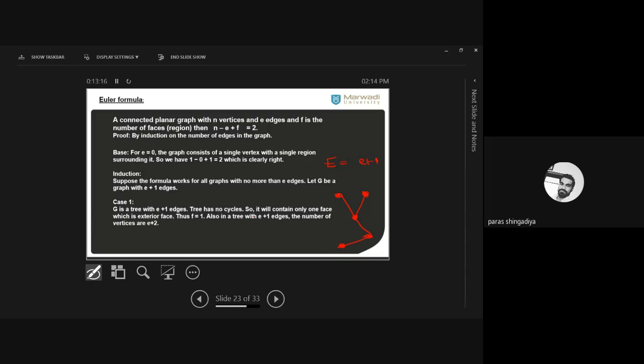So now you have to predict how many vertices the graph will contain. How many vertices will the graph contain? You have n vertices, then the number of edges will be n minus 1. Now in place of n minus 1 we have the value E plus 1. So how many vertices will the graph contain? E plus 2. Clear? Let's check it. We have n vertices, then it has n minus 1 edges. Now in place of n minus 1, what is the value we have? That is E plus 1.